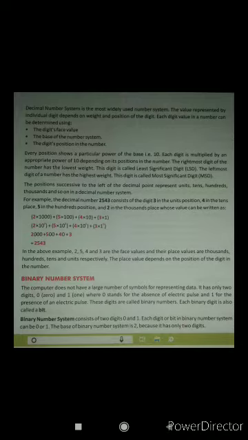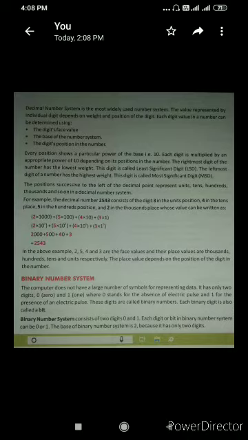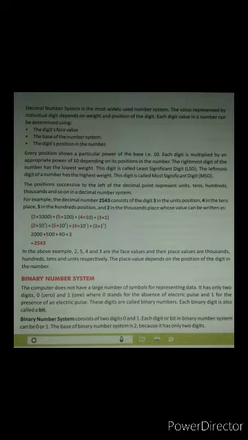So 0 and 1 are called binary digits, and 0 is called 1 bit, 1 is also called 1 bit, and a combination like 0 1 1 0 is called bits. Up to 8 bits it will be called a byte. You have already learned in previous classes the conversion: how many bits are bytes, how many bytes are kilobytes, like this. It starts from the bit only, 0 or 1.